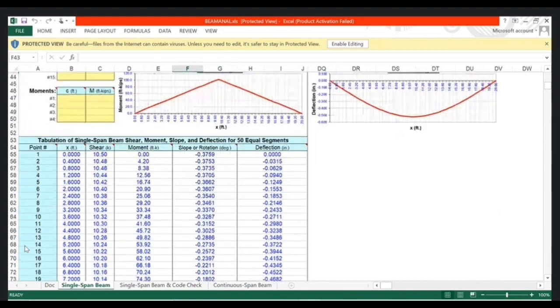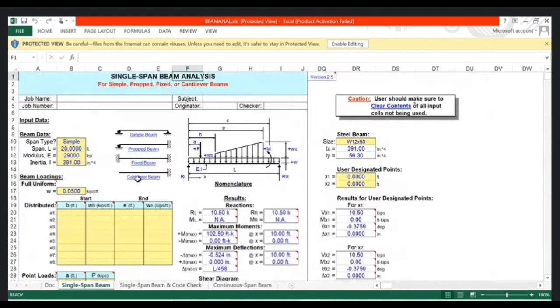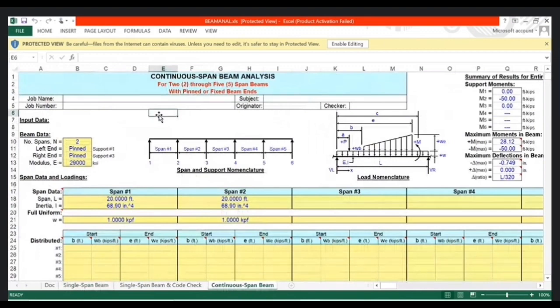So this is our Excel sheet for the 4 kinds of beam: simple, prop, fix, and cantilever. Then here is another beam, the continuous beam. In this continuous beam, you can see the different kinds of spans. We know that in a continuous beam, if our supports are more than 2, then the beam is called a continuous beam. In a continuous beam, the intermediate support is a hinge support, and the outer support may be hinge, pinned, or fixed support. In this one, we can put the left end here.